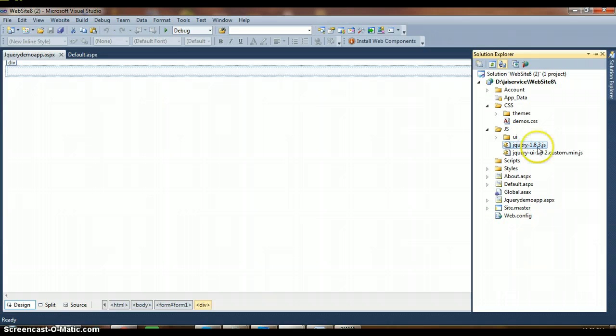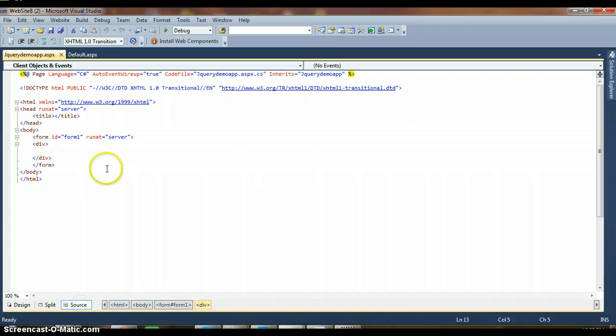jQuery files 1.8. This is the normal jQuery or basic jQuery library, and below that you can see jQuery UI 1.9.2, that is your jQuery UI library. So we added both the files. Is it clear? So now once all these files have been added, we have to go to the source code,